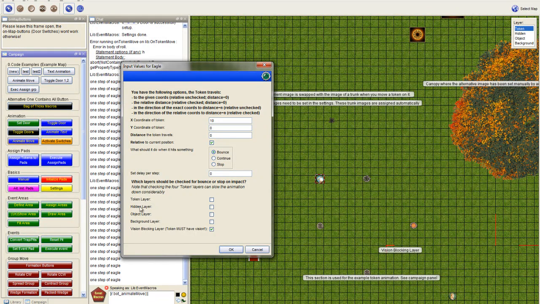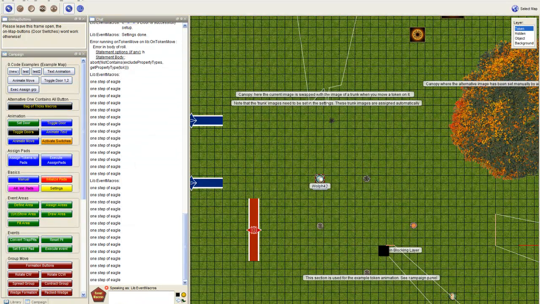And then the layers which will be checked: vision blocking layer, background layer, object layer, hidden layer, token layer. So if I were to check this one, then anything on the hidden layer, if this thing here, whatever it is, is on the hidden layer, if the eagle hits it, then it will either bounce, continue, or stop. And it will also move in the direction,